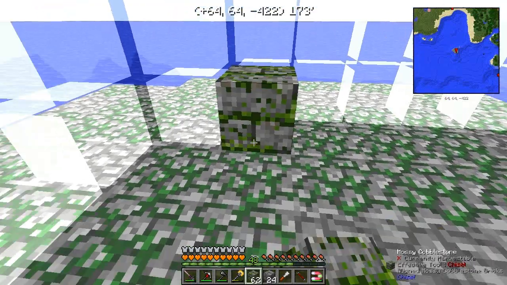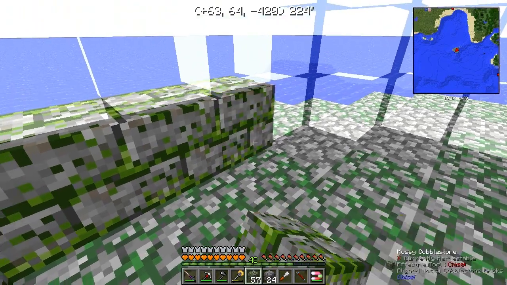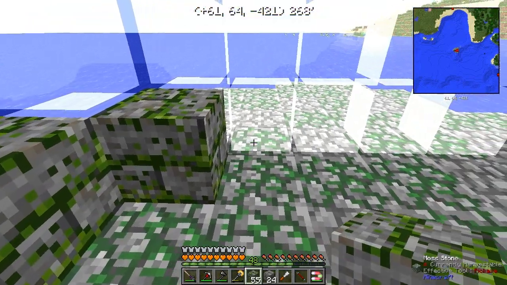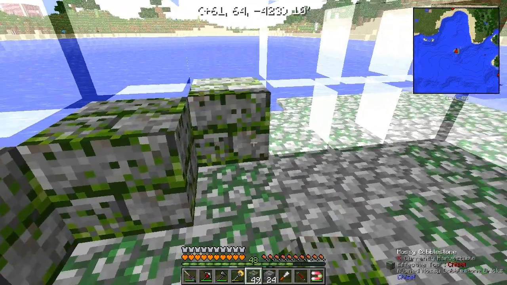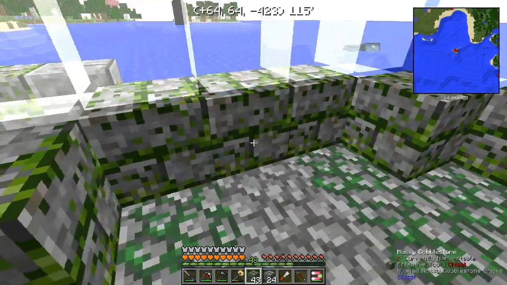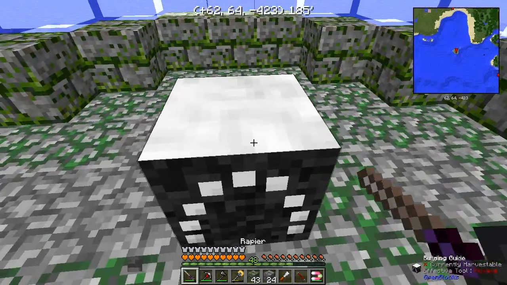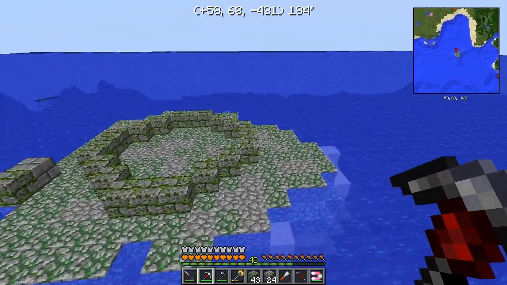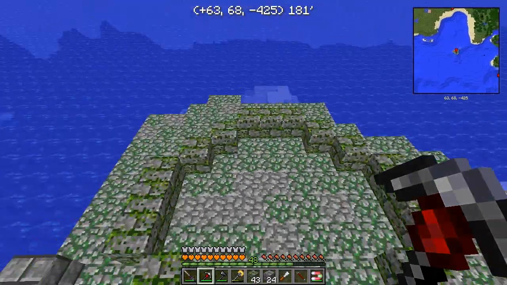Okay, so what I want to do is try and see if I can round this out a little bit more by taking these corners in just a little bit more, making it 3 wide on the sides. Now we got the shape set. Let's go ahead and get rid of that. Let's look at this. Yeah, I like that shape a lot better than